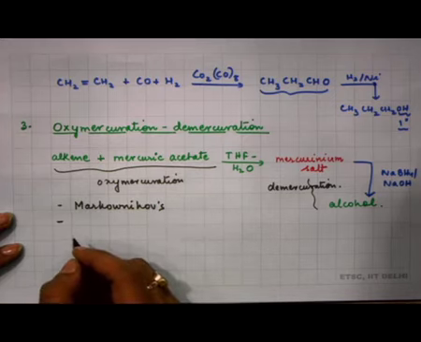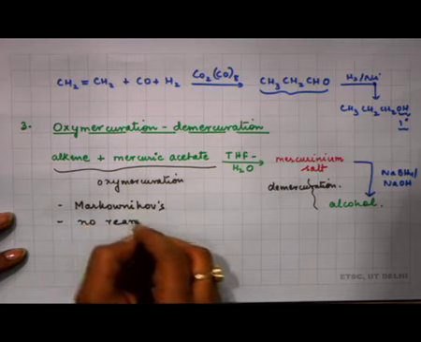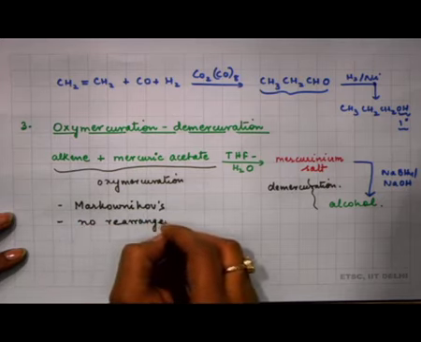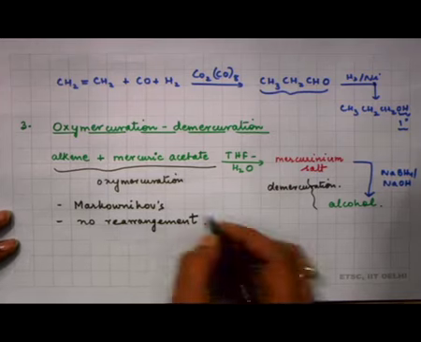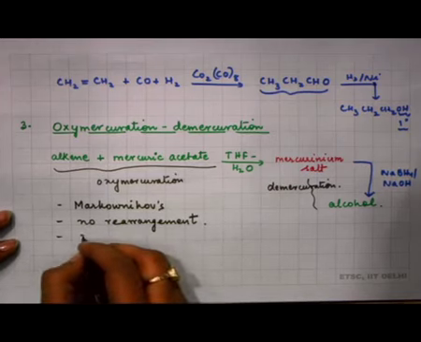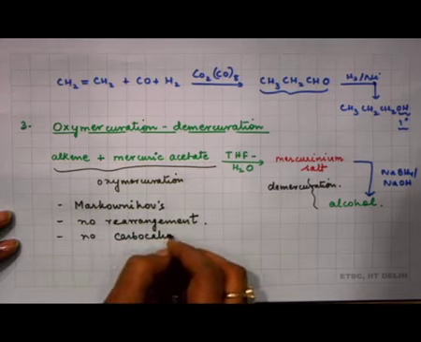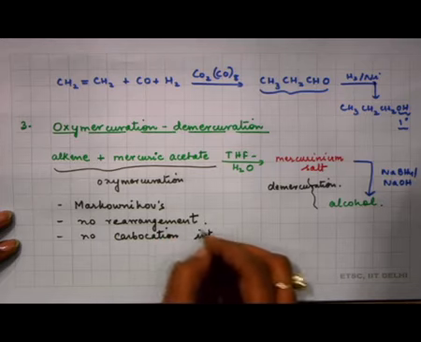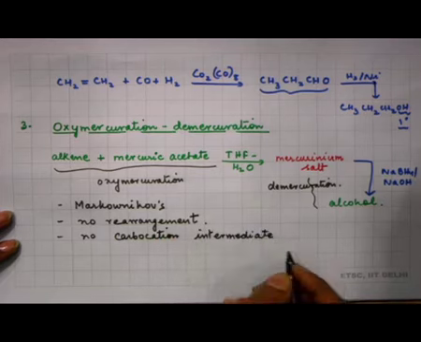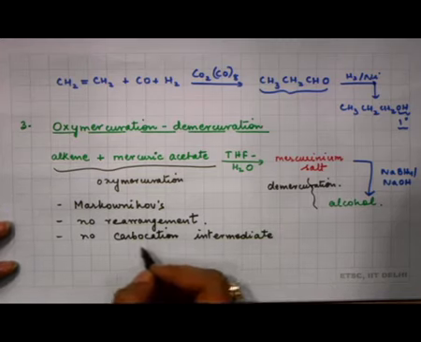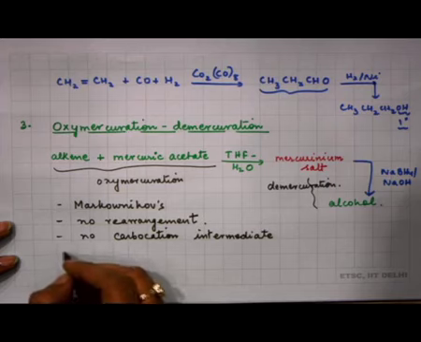It does not involve any carbocation. So, there is no rearrangement which is observed if you are making alcohols through oxymercuration, demercuration. There is no rearrangement because there is no formation of carbocation. So, there is no carbocation intermediate, because the carbocation has this unique ability to always rearrange to a more stable carbocation whenever it gets an opportunity. But in this particular case, since there is no carbocation generated, we do not see any rearrangement in the product,